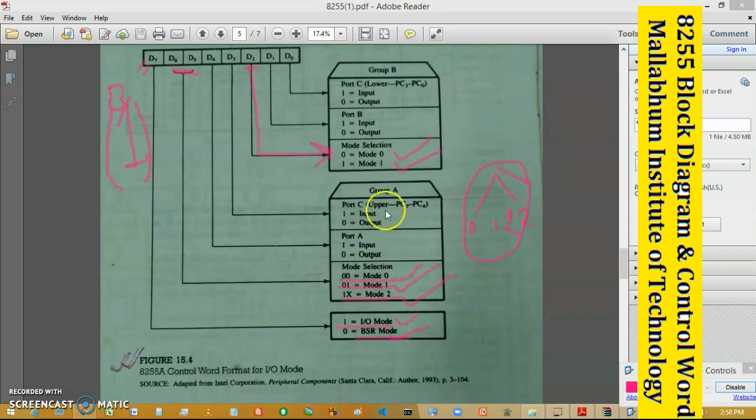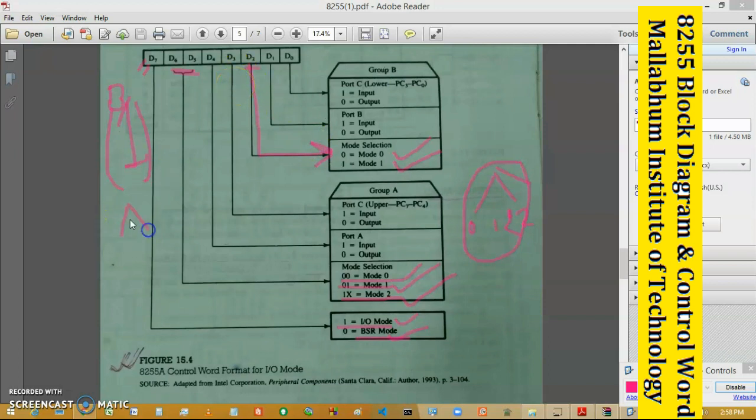So the corresponding bit pattern has to be loaded into the control word for selecting the mode. Here we are concerned with mode 0. So mode 0 means simple IO mode, mode 1 is handshaking mode, and mode 2 is bidirectional mode of operation. So here we are only concerned with mode 0, that is simple IO mode. Okay, so next